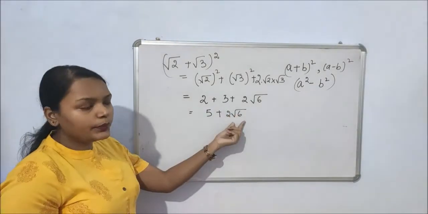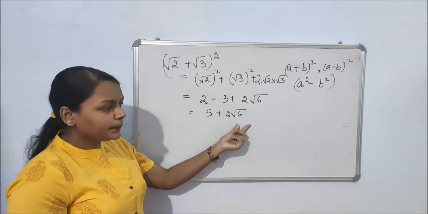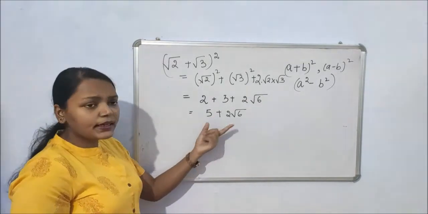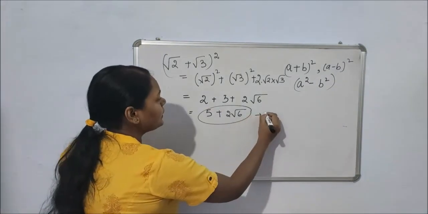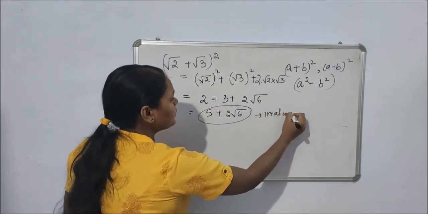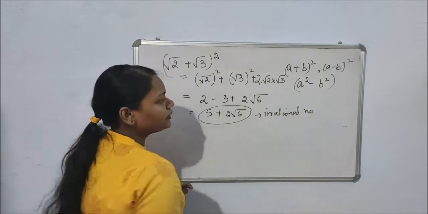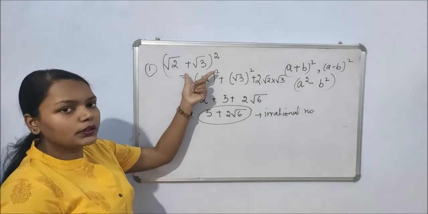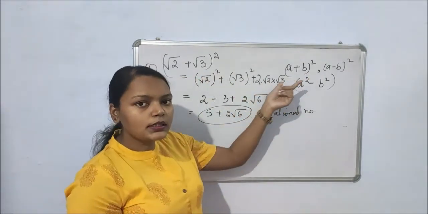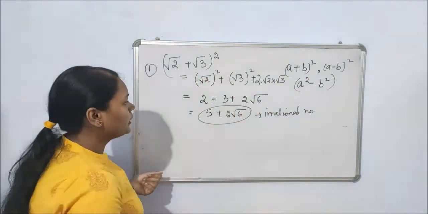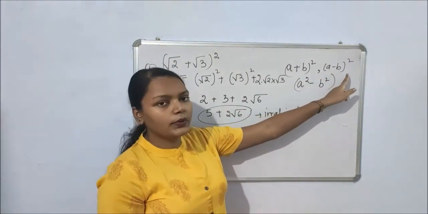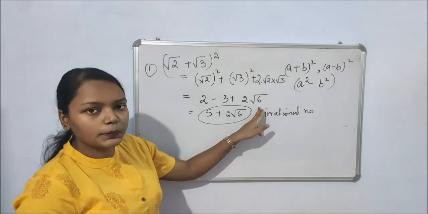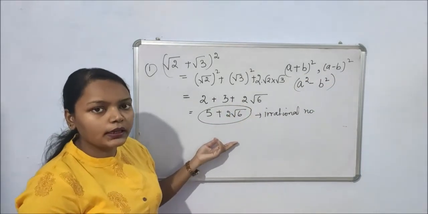These cannot be added because they are not of the same type. This is rational, this is irrational, I cannot add them. So hence I get the result as an irrational number. Fine. So basically how you have applied the whole square formula for a plus b, the same way it will be treated here also. And again, if I want to find a minus b whole square, simply the sign will change for the third term. Same kind of example you can take and try.